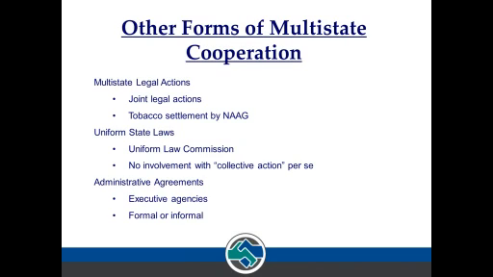There are other forms of multi-state cooperation, and we certainly would be remiss if we were not to point out that an interstate compact is not the only way that a state can enter into some type of relationship with another state to manage a particular problem. We've got some examples of other types of activities that are not interstate compacts by which states do this. However, I think you'll find that in most cases these are much more narrow in scope and regulate particular aspects of one